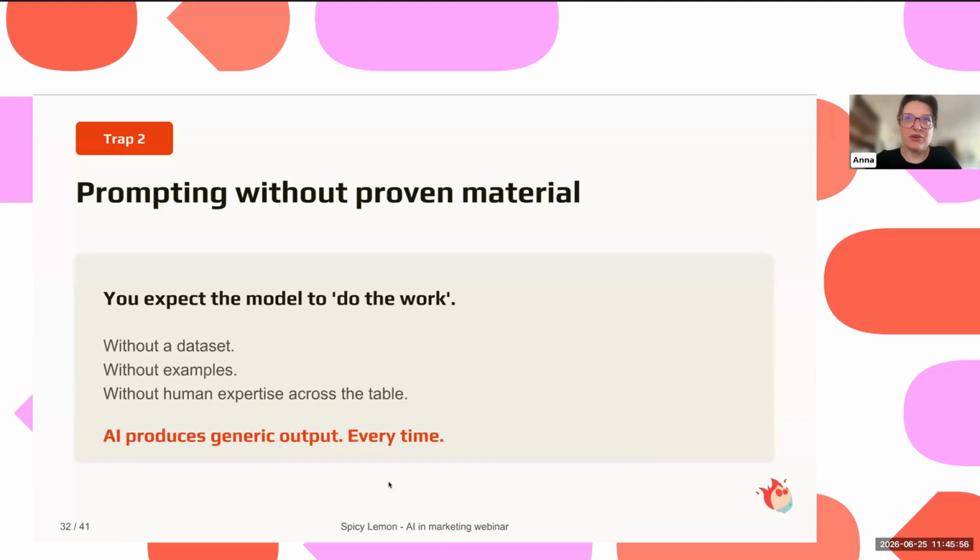Very important: always prompt with proven material. Something that's becoming very difficult in some companies is that they had some collaborators who were creating new content using AI, and so now they have a whole database where they have 20% of very good human content, 40% of human content that is meh, and the rest is AI-generated content they have no control over.